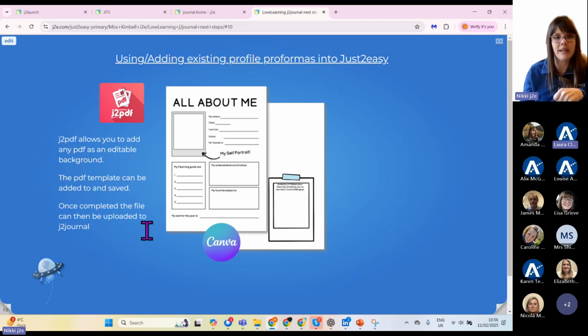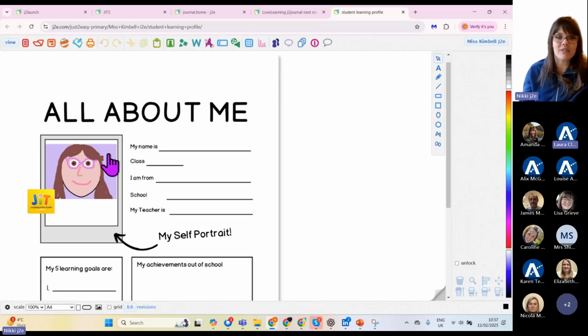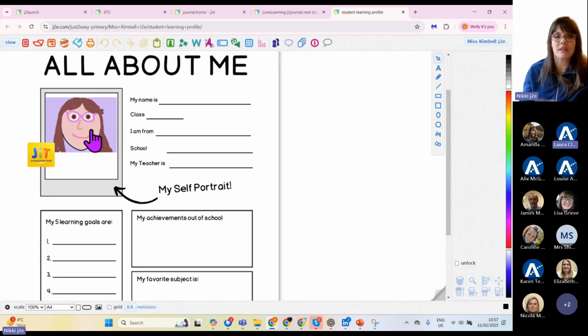Okay, so the PDF template can be added and saved, and then once completed, the file can then be uploaded to J2Journal. So, you know, this might be something that they add to as the term goes on. So this is an example of the J2 PDF. So, you know, in one lesson, we've done that lovely